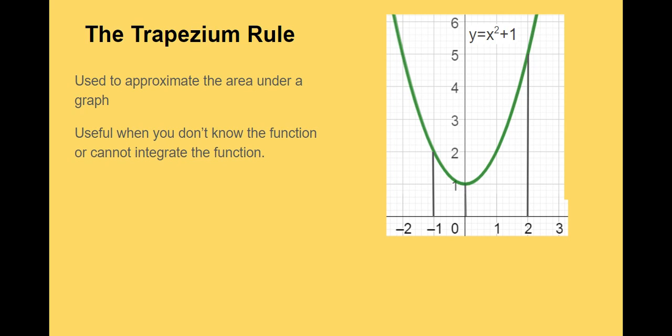Now, to carry out the trapezium rule, we split the area into strips, and each strip is going to be formed into a trapezium. Each strip we've got the two vertical sides, or the two parallel sides of the trapezium, and the base of the trapezium is the x-axis. Then at the top of the strip, we join the 2 points either end of the strip to each other. There we've got trapezium number 1, number 2, and trapezium number 3. So what we're going to do is work out the area of each trapezium and then find